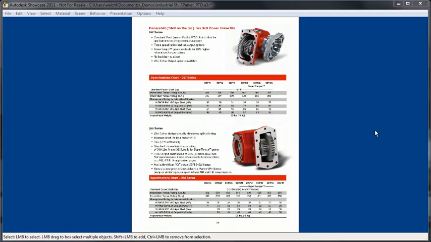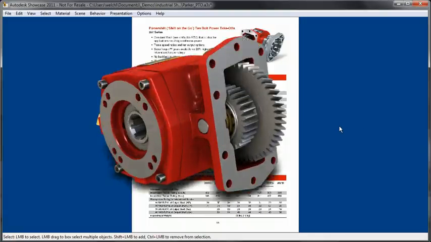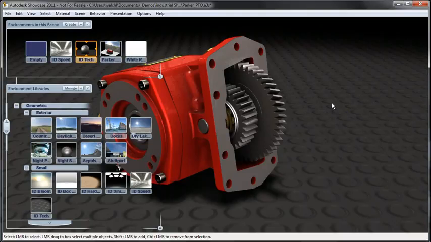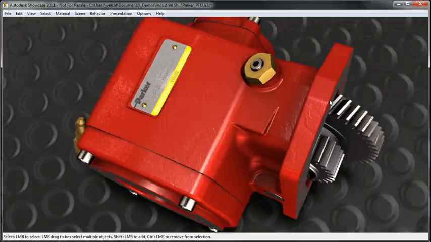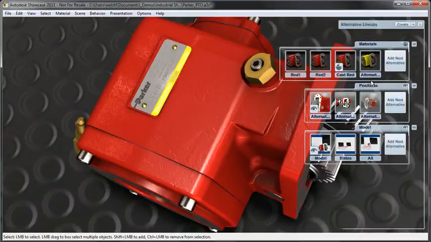Hi, I'm Lauren Welch, and today I want to show you the product visualization capabilities inside of Autodesk Showcase 2011. What you see on the screen here is Parker Hannifin's Chelsea Products Catalog, and inside of that environment I can pull the Showcase model out. This native Inventor model can then be rotated to various predefined shots in my model, and now I can start